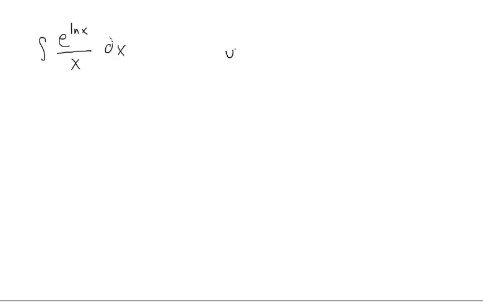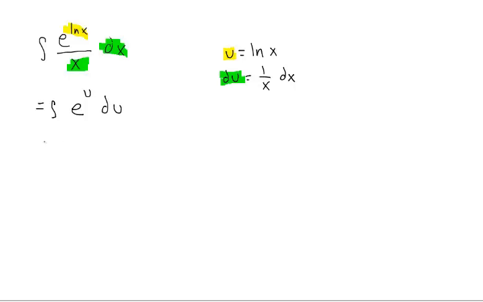So we have u is equal to ln of x, du is equal to 1 over x dx, and now we have u for ln of x, and we have du going in place of 1 over x and dx, and now we can rewrite it as e to the u du. And the integral of e to the u is e to the u plus c, and then we replace it with ln of x